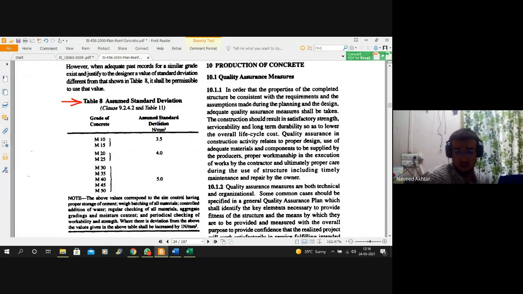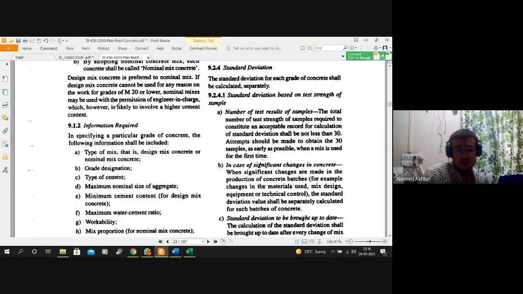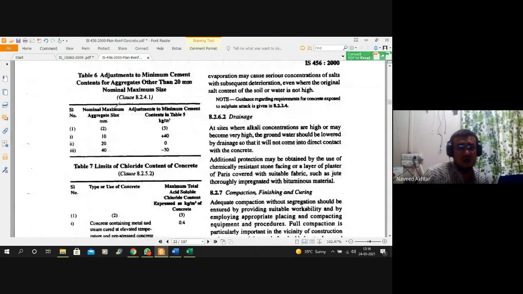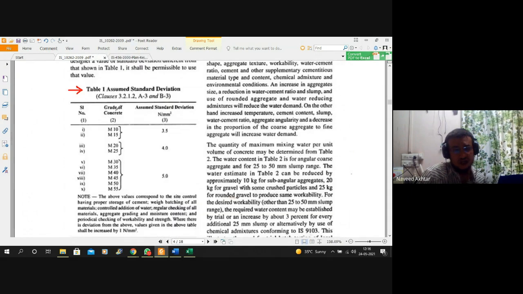If you don't have the data available for the standard deviation, then to find the standard deviation, at least you should have 30 test results with you for any grade of concrete.